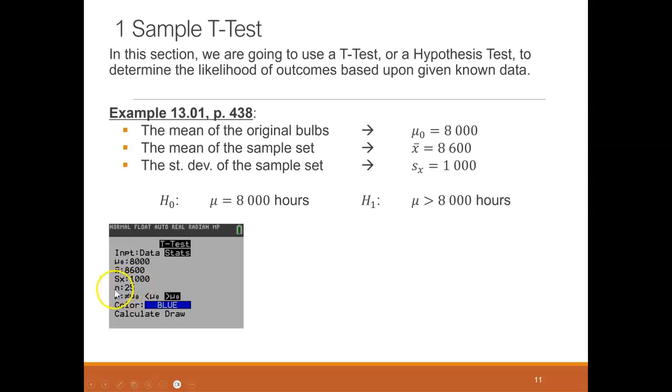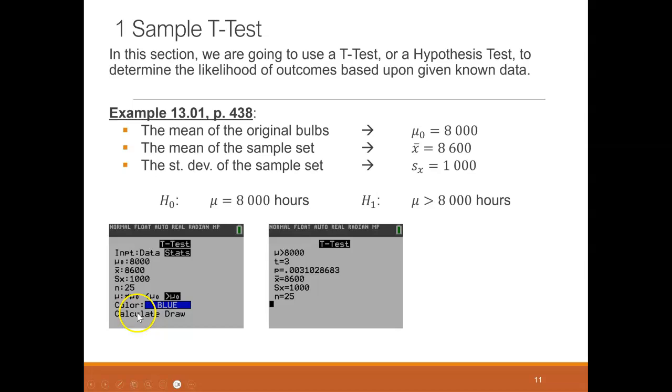Okay, so yes, Jack says that N was the sample size. Remember, we sampled 25 of the new light bulbs. So N is the sample size. And then here we have to write down our alternative hypothesis. So we said mu was greater than mu naught, right? So if you look down here, it says mu colon, and then we have 3 options. Either it's not equal to mu naught, less than mu naught, or greater than mu naught. So we're doing a greater than. So let's make sure that's highlighted. Everybody's okay? So if we go ahead and hit calculate,